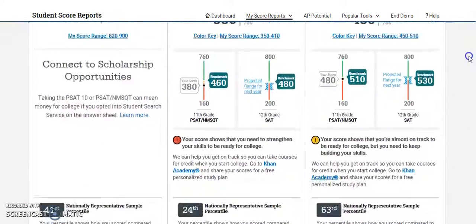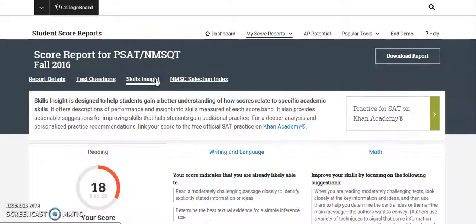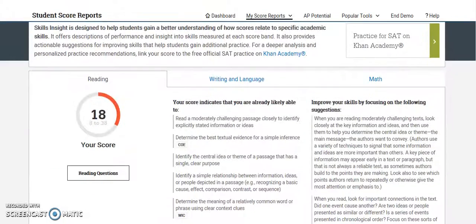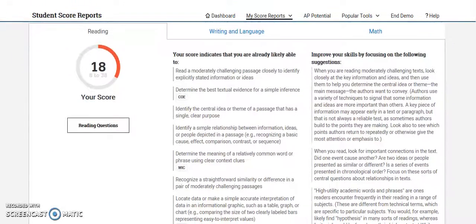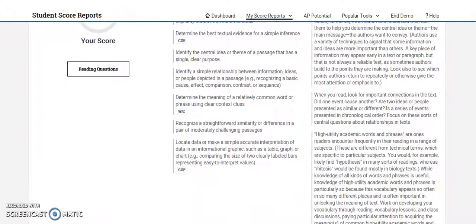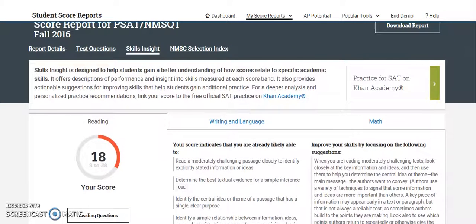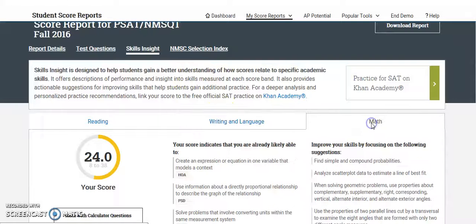Okay, so quickly, right up here at the top again, I'm going to show you a couple more things. This Test Questions tab is what we just looked at, so it just gives you another way to access that. Skills Insight will break down each test, and it will tell you how you did and what you need to work on. So it's more of a narrative version, but it does break it down pretty specifically. So it will give you some suggestions for things that you can do to increase your scores. And that's for each one of these tests here. We'll do that for you. For National Merit